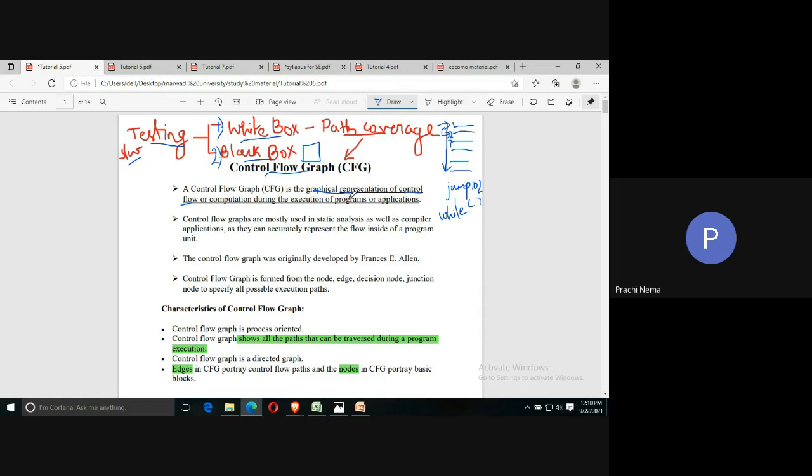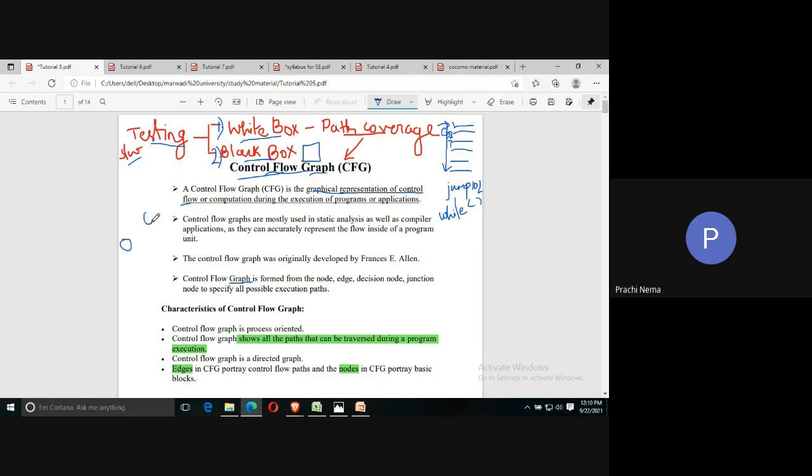This flow of control is graphically represented using control flow graph, and apart from that it shows the computation also which goes on during execution of program or application. So this is the use of control flow graph. ओके, तो सिंपली अपन क्या कह सकते हैं दैट कंट्रोल फ्लो को ग्राफिकली रिप्रेजेंट करना इज द पर्पस ऑफ कंट्रोल फ्लो ग्राफ. ओके, now as it is a graph, so there are going to be what nodes and edges,